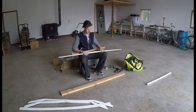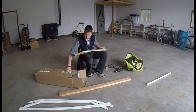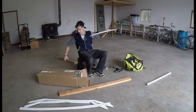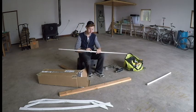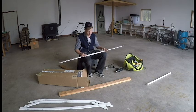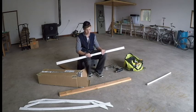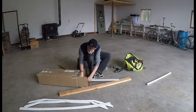Super cool. Basically what you're going to do, you're going to get your hand and you're going to mark on your PVC each foot. So 1 foot, 2 foot, 3 foot, 4 foot, and the rest of 5 foot. Then you're going to mark the middle, the exact middle, and then you're going to stick half of it in,